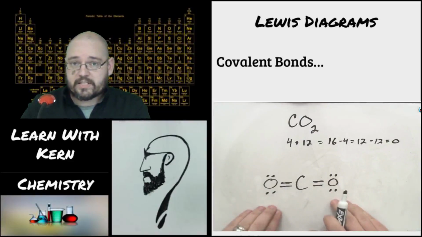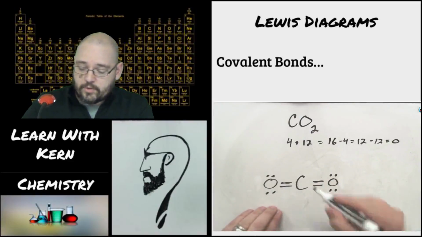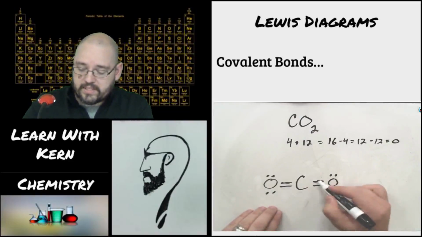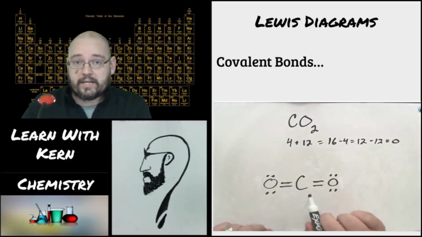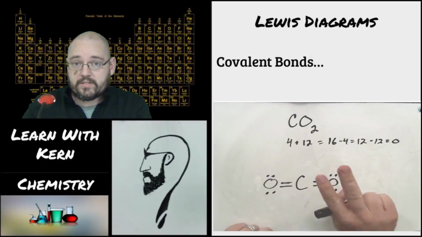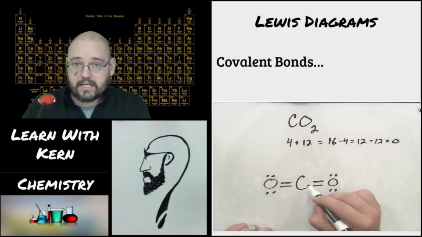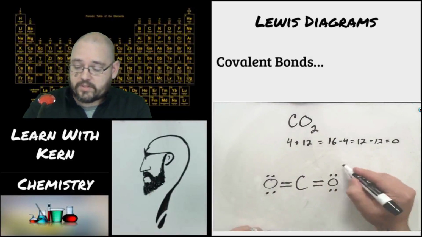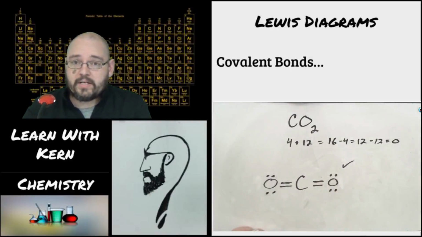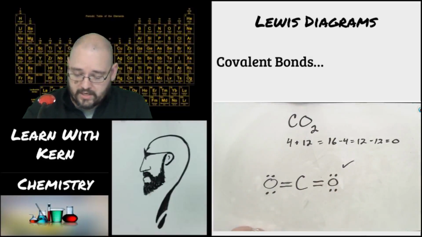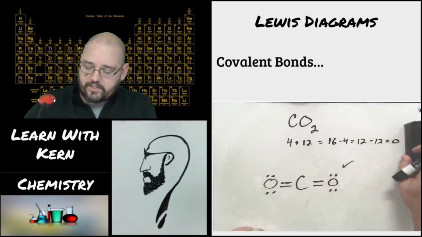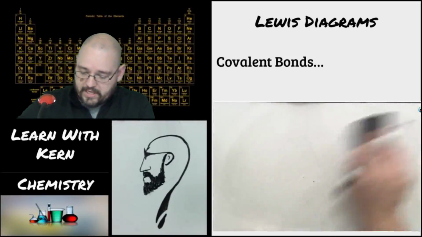So the octet rule is satisfied with the oxygens, and so carbon now has 2, 4, 6, 8. Remember, each line represents 2 valence electrons. So it has 4 lines, so that's 8 valence electrons. The octet rule is satisfied, so we are done, and carbon dioxide is happy. All right? So let's give a situation where we have